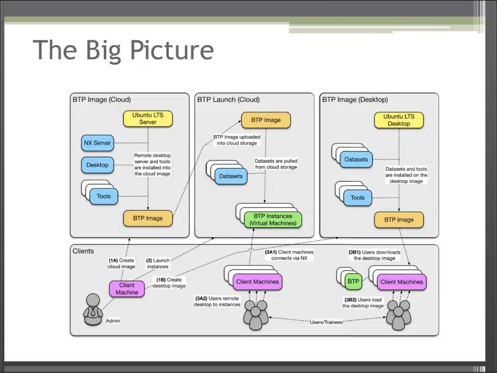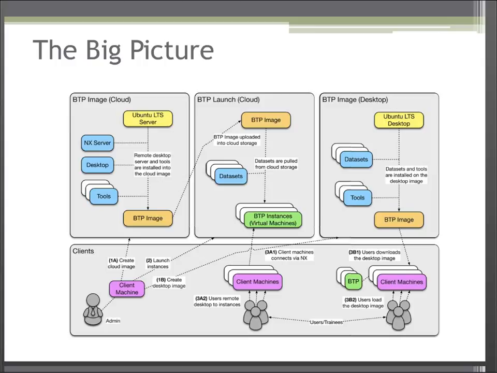So the first slide I'm showing here is basically just the high level overview or the big picture of the whole process and steps for setting up a training workshop. We can see in here that basically the workshop is composed of various components that are used by the system to be able to deliver an identical environment across multiple clients that contains the relevant tools and data